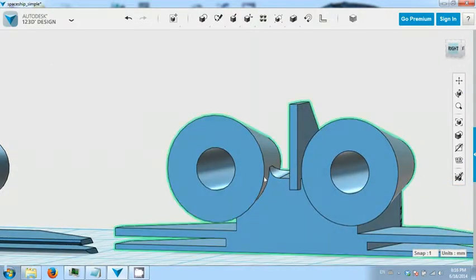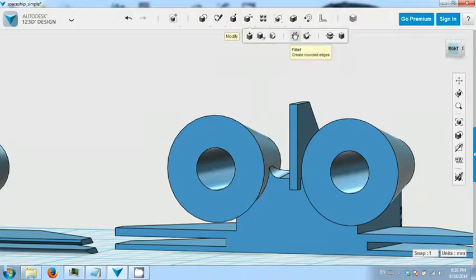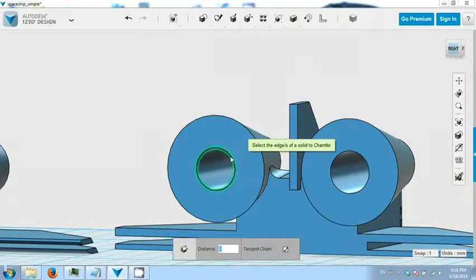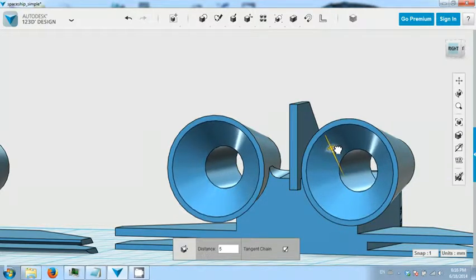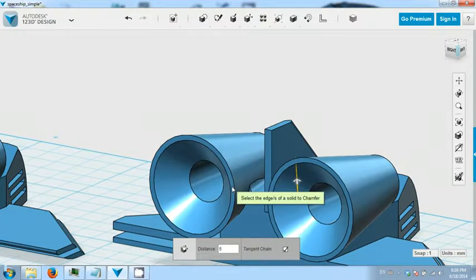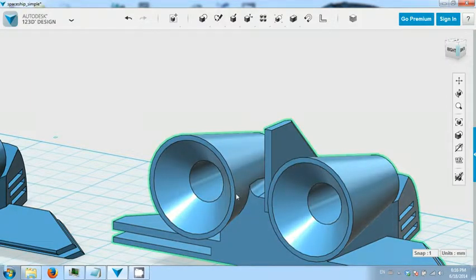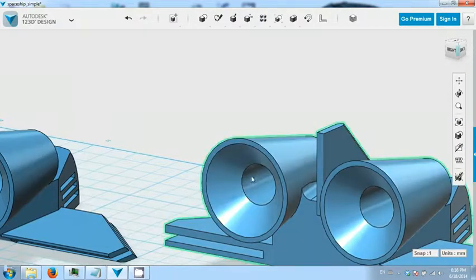Then go to the back and select, go to chamfer again and select both these two edges, and we will give them a big chamfer. So we get this nice shape here. Then click enter. What you could do also, I think, I didn't do it on this one here, but you